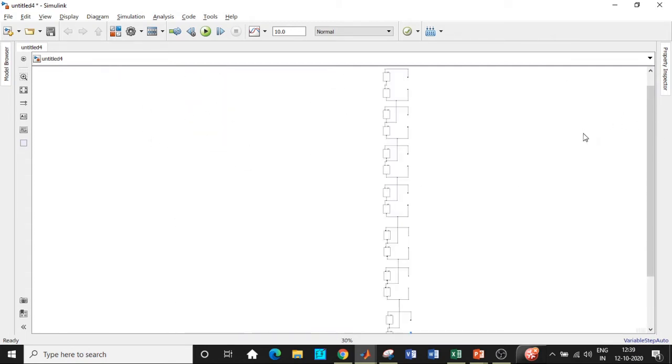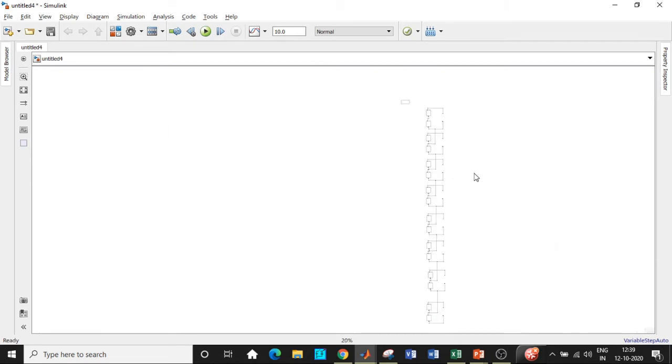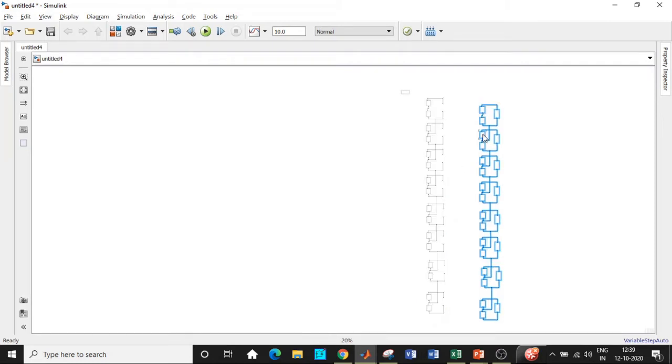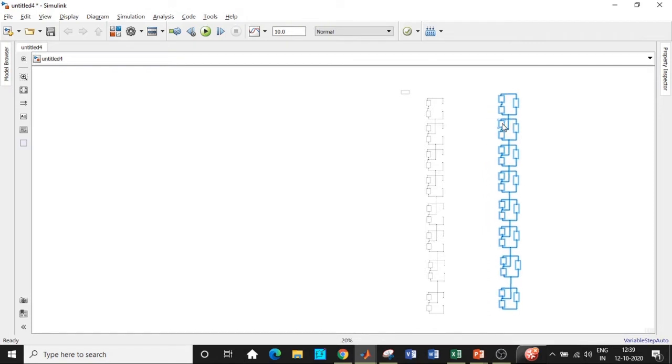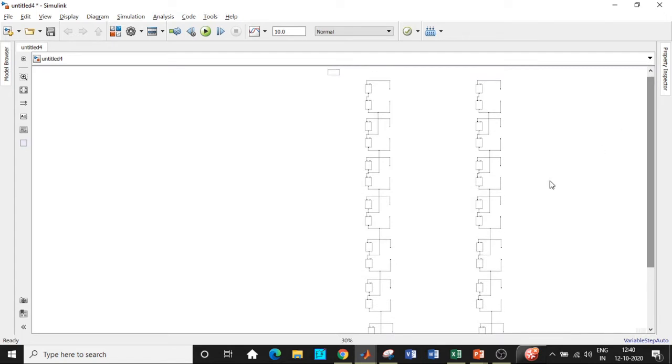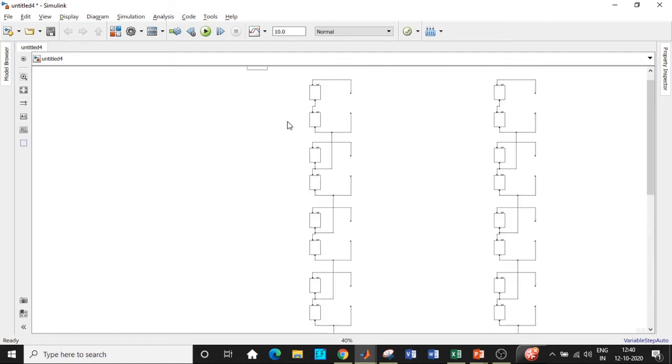So now what we will be doing is, we have one set of module. We basically call them the upper leg and lower leg. So this is the lower leg, and now we'll be doing it for the upper leg. How do we do that? Copy paste, and we'll have the exact configuration on the other side in this particular fashion. So once this is done, we will be requiring a pulse generator block.